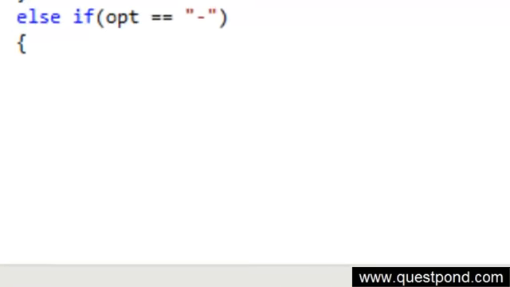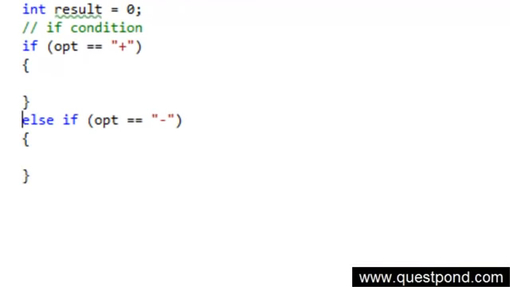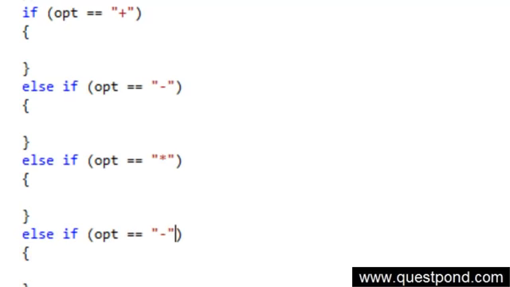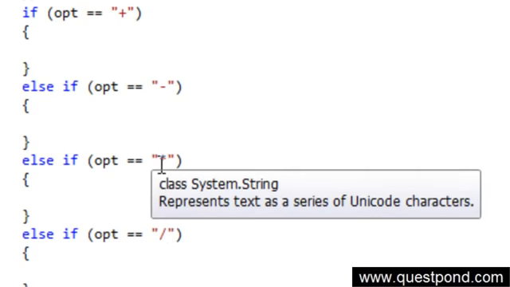Just call this here again. Else if OPT is equal to multiplication, do something. If it is division, do something. So depending on if he has entered plus or minus or star or something, multiplication or division, we'll accordingly go